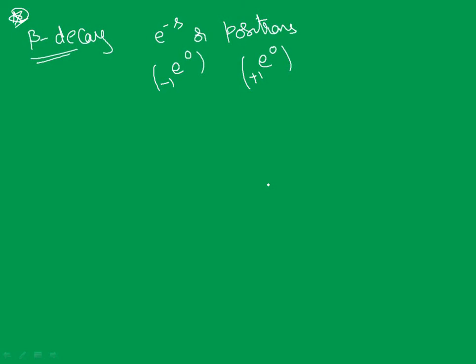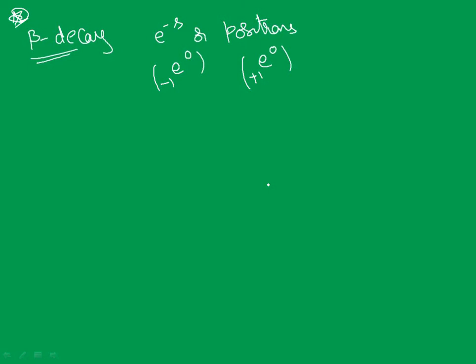Don't confuse here. It is not a proton. Proton is heavier, right? But the mass of the electron and positron, for them both this is the same. Well, the charges are quite different. And remember, the electron or positron emitted in beta decay do not exist inside the nucleus. This is my main point which I want to stress more and more.